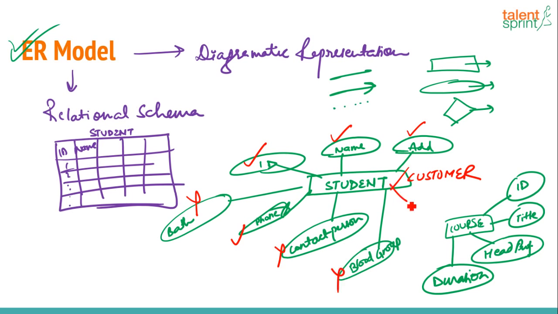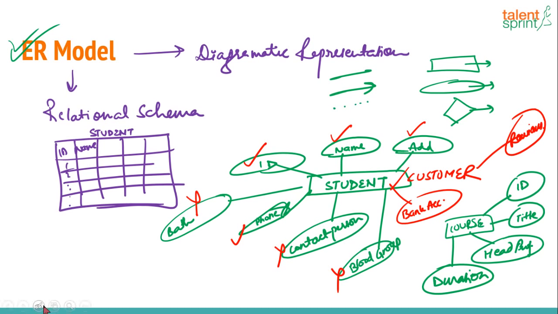So for customer, what else can you have? You can have bank account details. Okay, so those are the things. If your customer has given some reviews, you can have the reviews, right? So depending on the situation that you are modeling it for, a few things might change, but essentially stuff remains the same. Okay, this representation of your database is known as ER model.